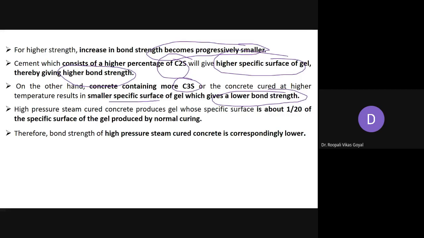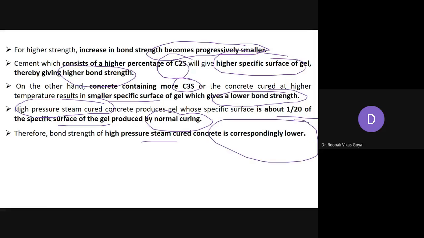Also, it is observed that high pressure steam cured concrete, if we do high pressure steam curing of concrete, produces the gel whose specific surface is about 120 of the specific surface of the gel produced by normal curing. So here in high pressure steam cured concrete, the gel formation is less as compared to normal curing, and that is why the bond strength of high pressure steam cured concrete is correspondingly